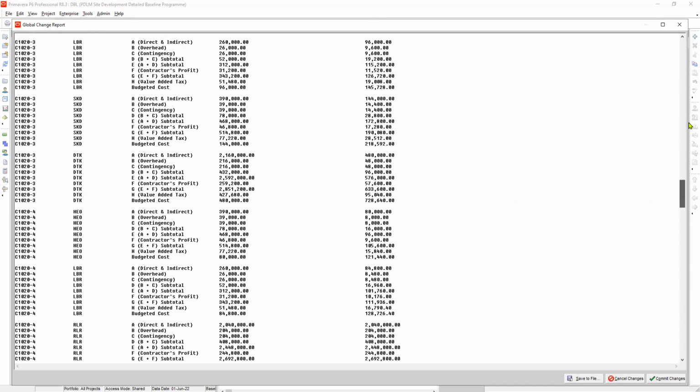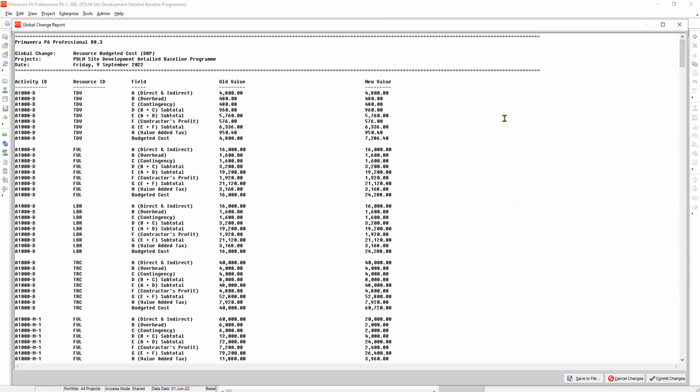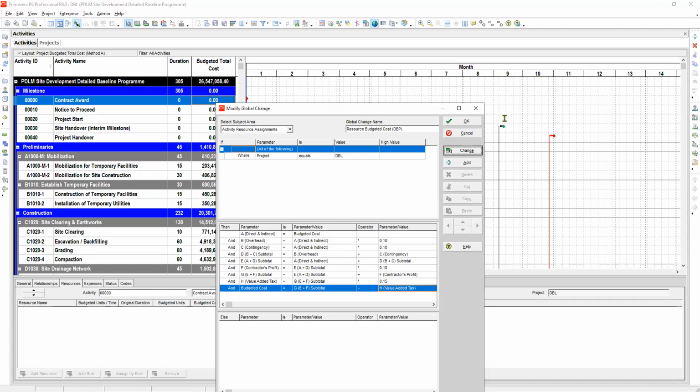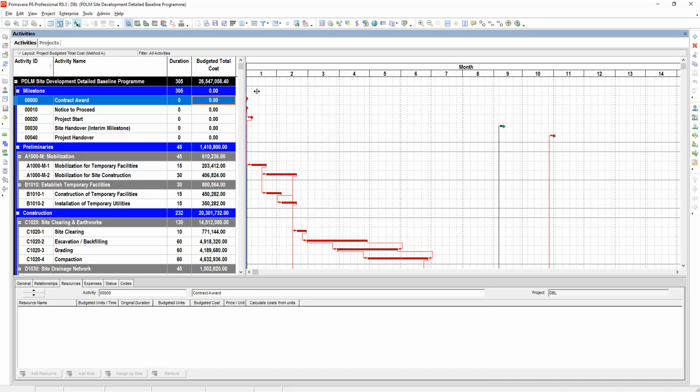Okay, here are the new values. Hoping that this will be correct, or otherwise we will be repeating our work. Okay, shall we commit it? Here at the bottom, there is a commit changes. Just click it, and then would you like to save the changes? Just no. Okay. Look at the value here. Let's close it. If you can see the value here,